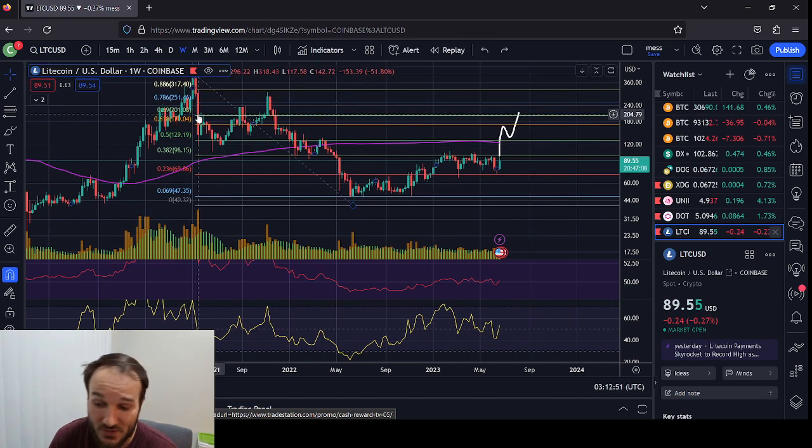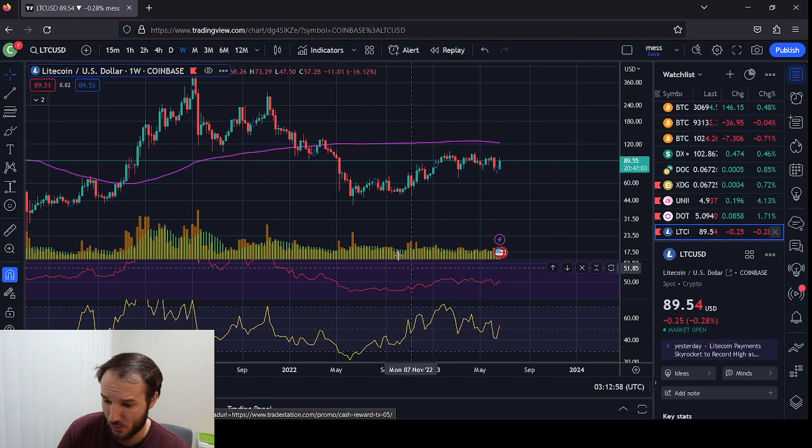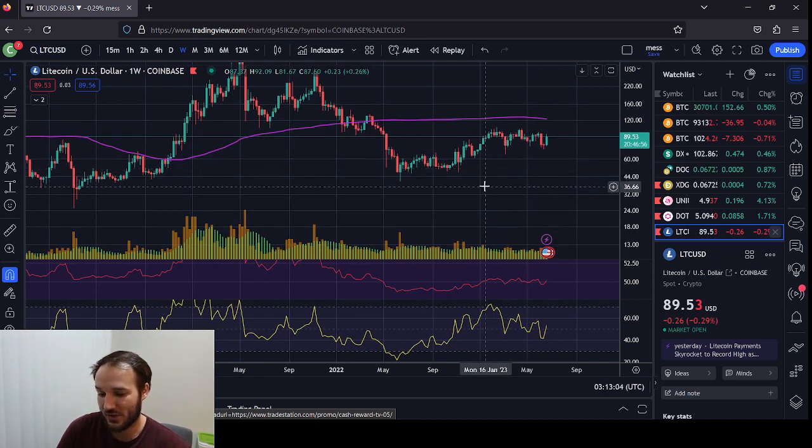Actually, the 0.69 is at 200, so maybe we do go up to 200. I don't know. Anyways, on the weekly, I'm getting my bearings here. I haven't done TA on this chart in a while, so if I seem confusing or like I'm jumping around the board here, it's because I definitely am. I'm trying to get different perspectives, different angles,